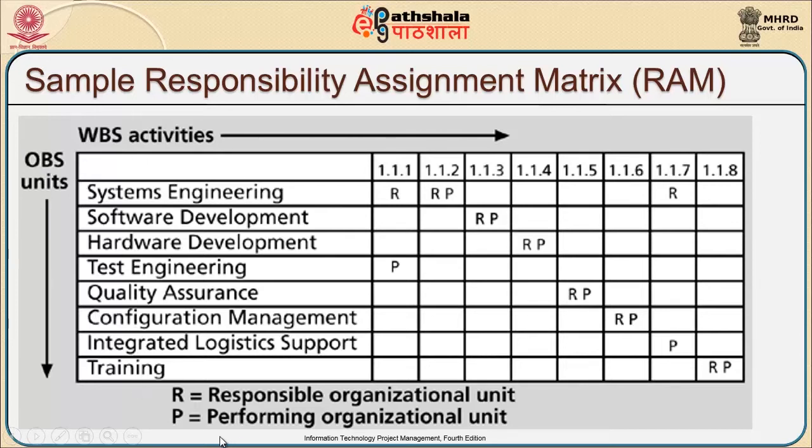The P represents the performing organizational unit, and the R gives out your responsible organizational unit. If you look at system engineering